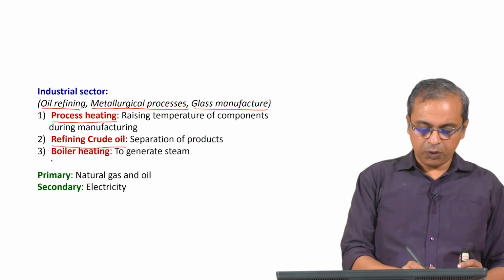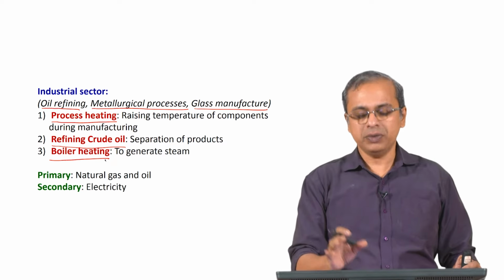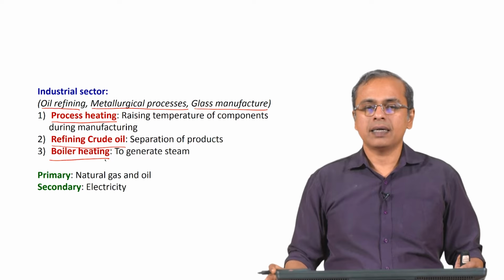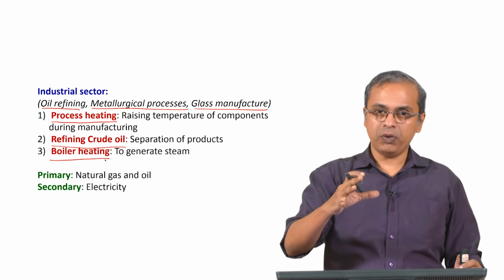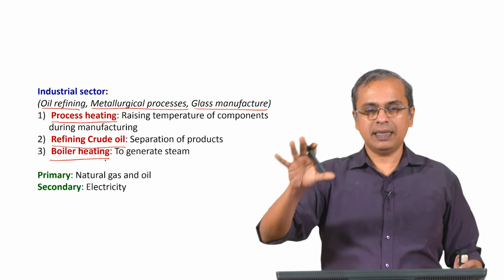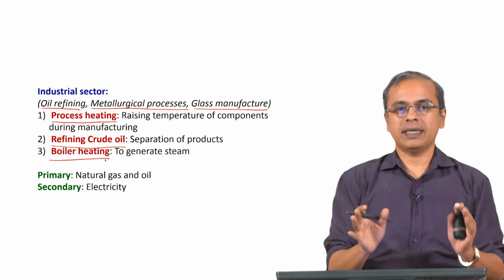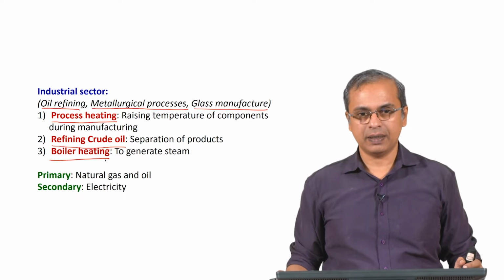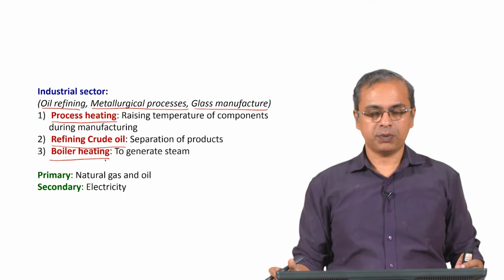And finally, there is this boiler heating. Boiler heating is primarily there to generate steam. So, steam generation is the primary purpose of it. It is typically closely linked with power generation. So, you have a boiler which generates steam and then that steam is sent to some turbine and in the turbine you generate electricity. So, the first step is this boiler heating, that water has to be converted to steam. That is the first step in essentially this power generation process. Again a lot of energy is consumed in this process.